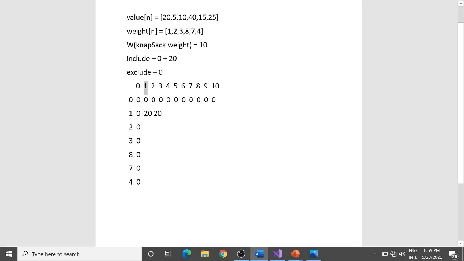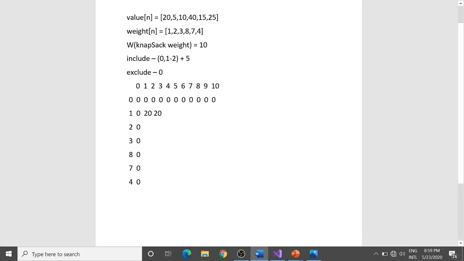Look, what was I doing? If I try to include this element, I was just subtracting that element's weight from the weight my knapsack can hold. So what is the weight my knapsack can hold? It's 1. What is the weight of my current element? It's 2. And if I choose to include this element, then what would I be recursing for? I would be recursing for the remaining elements and searching for what more can I add to it. And I would be adding a value of I minus 1 over here. And what is the value of this second element? The value is 5. Hence I would be adding a 5 over here.